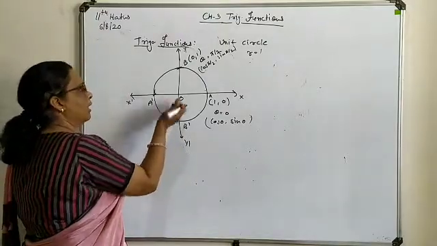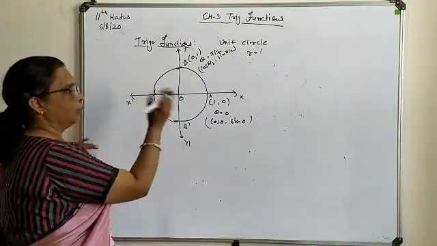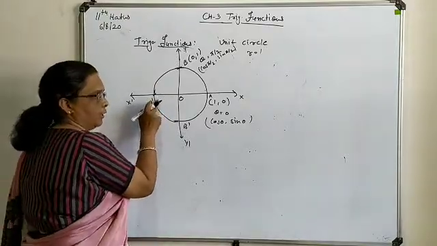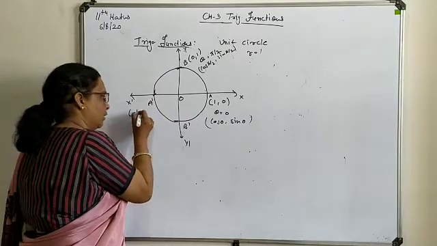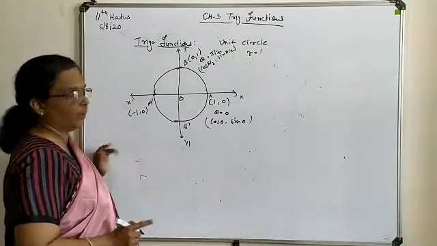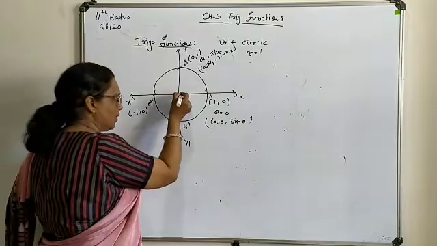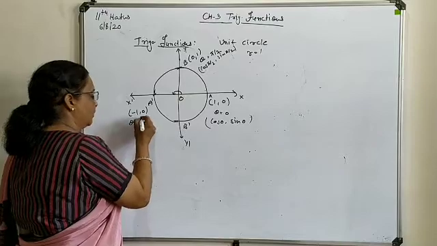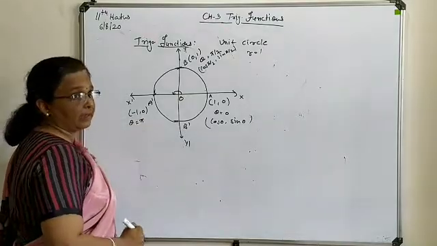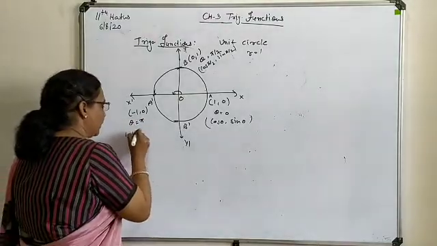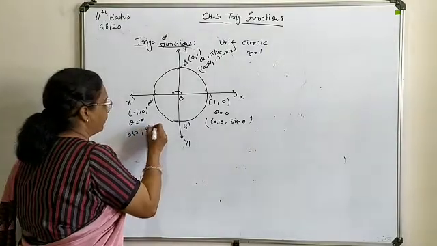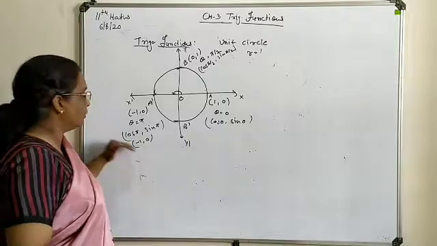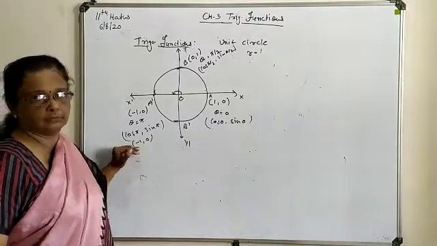Here you can see this is on the other side, the opposite side of the x-axis. Here again your y coordinate is 0, but your x coordinate is minus 1. Here you can see the whole angle is pi. So here theta became pi, 180 degrees. Your cos pi and sin pi are to be evaluated here. Cos pi is minus 1, whereas sin pi is 0. So this way these values are coming here.